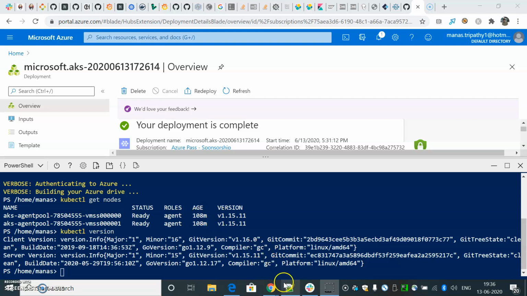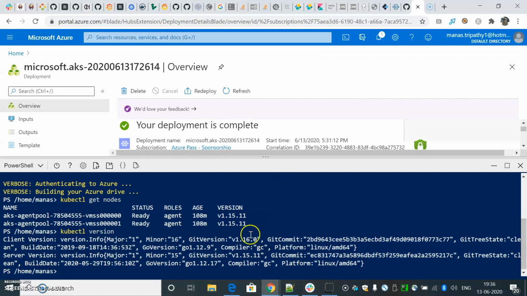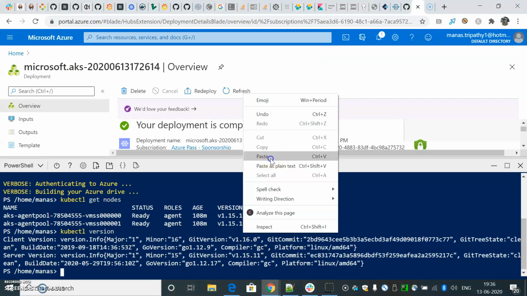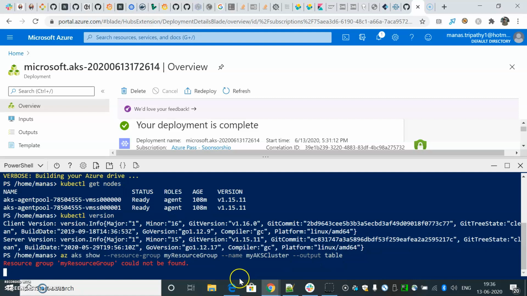Like you can run az aks. I'll just go to my notepad and explain this command to you, so just paste it here. We are running this command az aks show, then the resource group name and the name of my AKS cluster, and output table, it will show us the version.